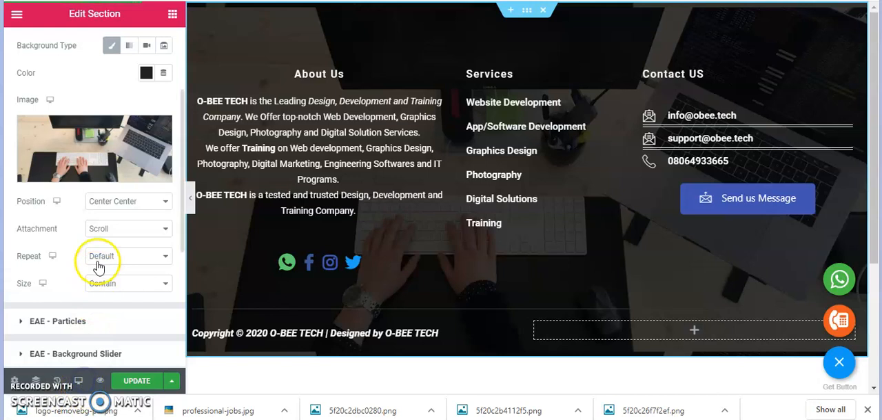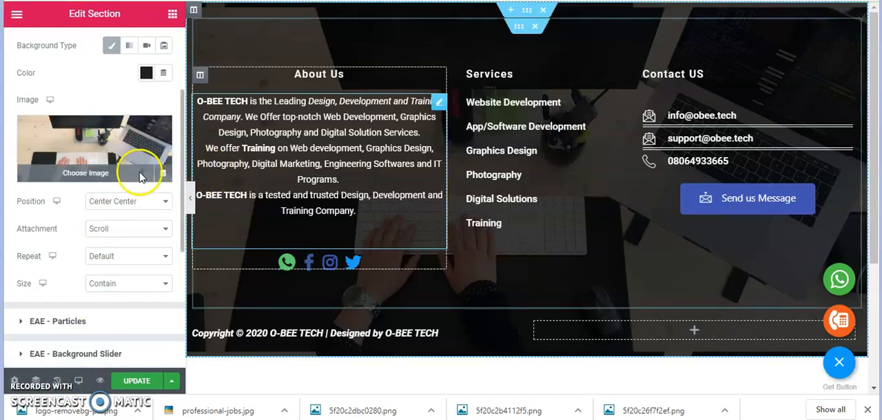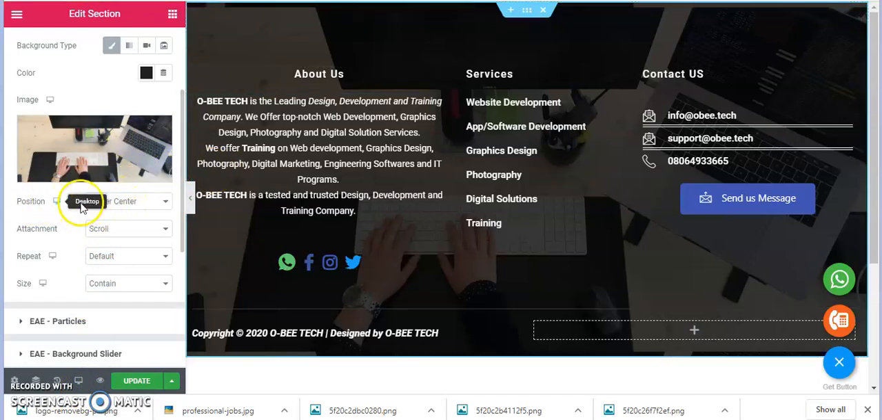You understand? So the reason why we have this is that the position of this image is center to center. You can change it if you want to. Now the size is set to contain. What contain means is that the image can duplicate itself multiple times, but there will be no space left in the entire background. So if I place it for cover,